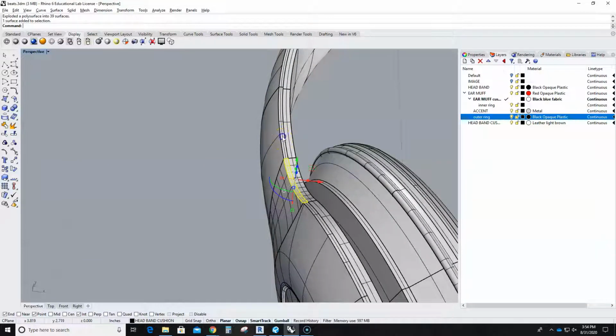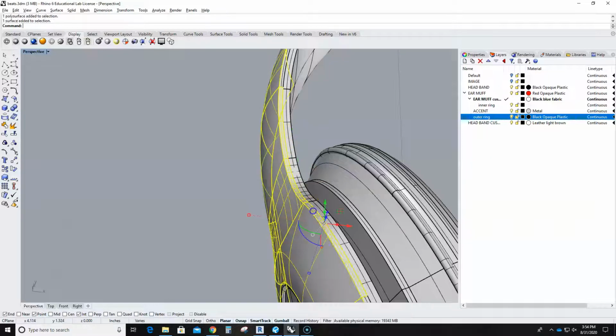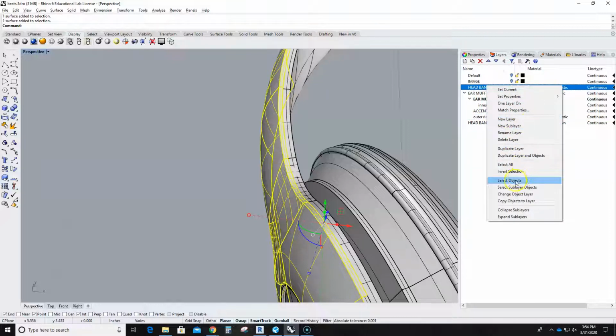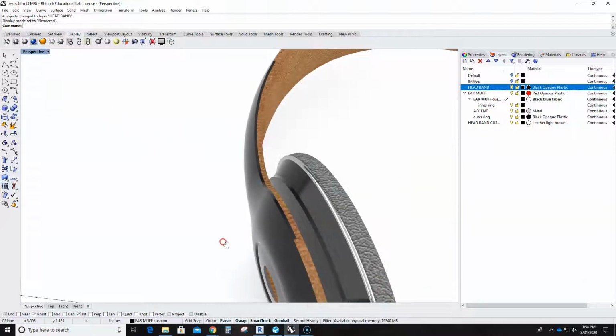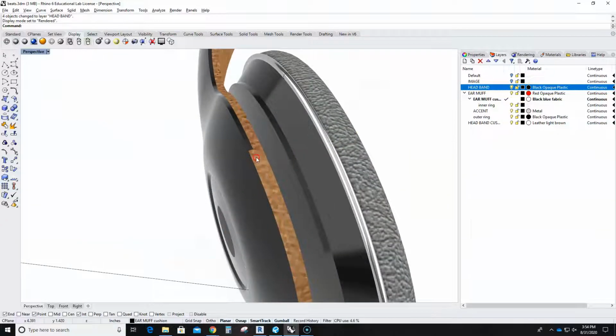I'm going to have to select these one at a time, and I'm going to put that onto my headband. I'm just going to change object to that. You can see that now there's a slight thickness on that, right? And then I'm going to come here,